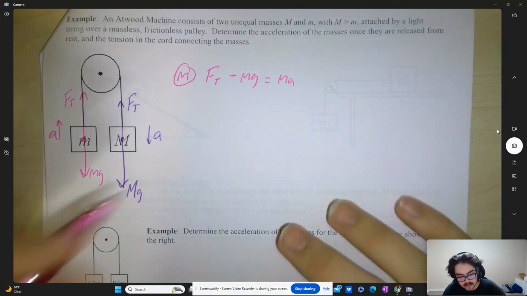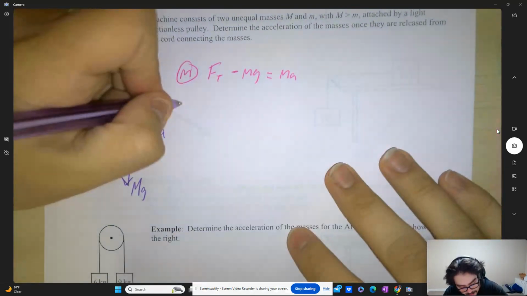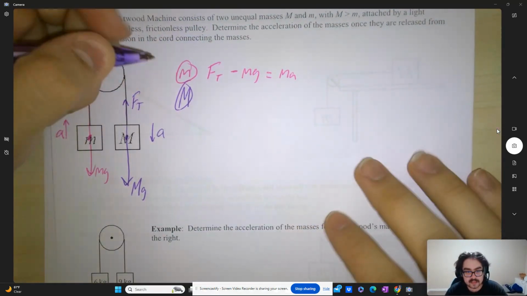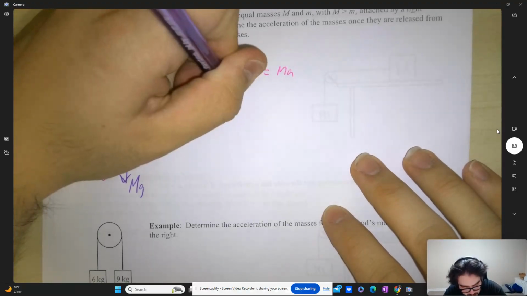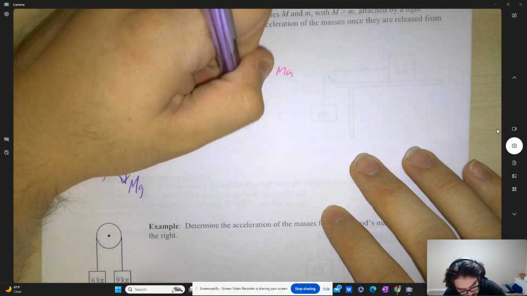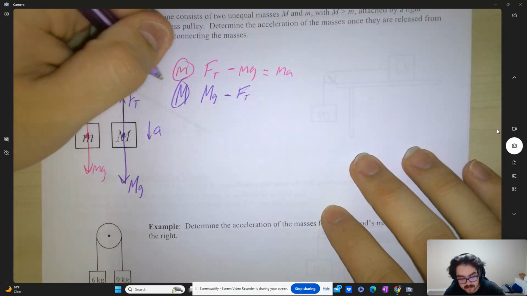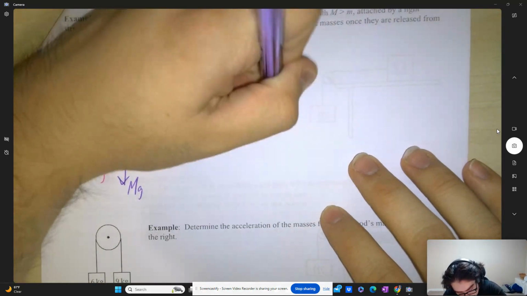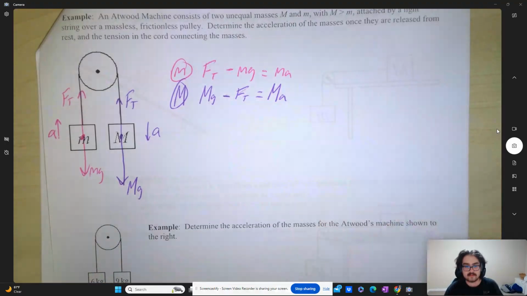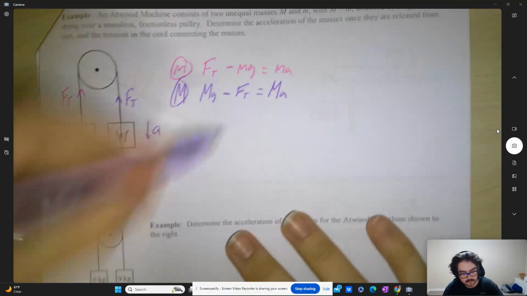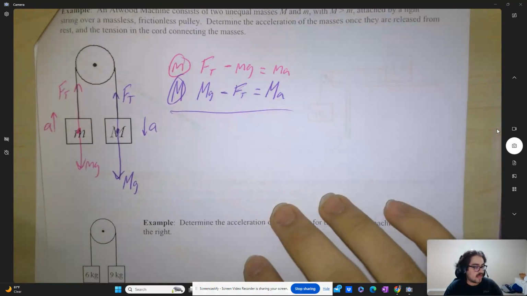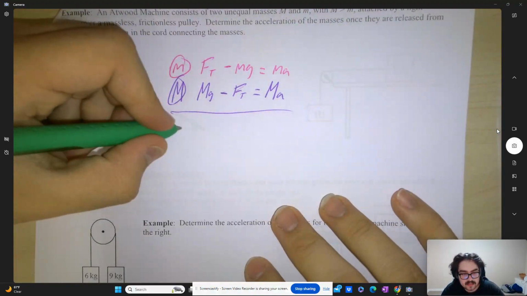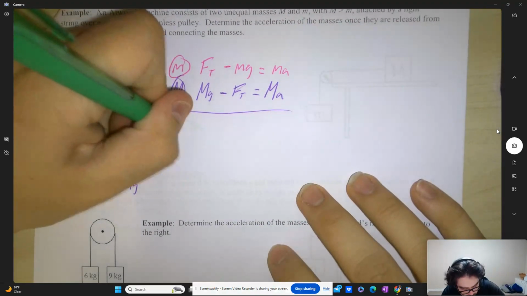the larger mass, I'm using an exaggerated large M here. The forward force is capital Mg, and you subtract F sub t from that. Set that equal to capital M A. Pretty fun. And what you can do then is you can get an expression for the entire system for M